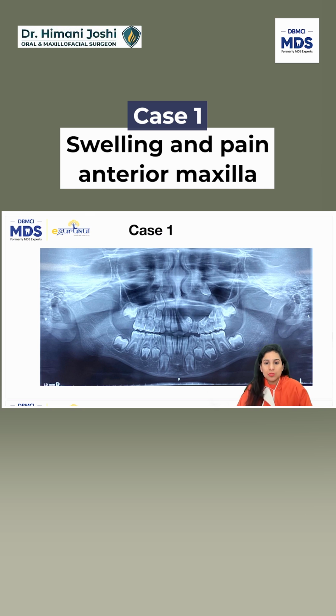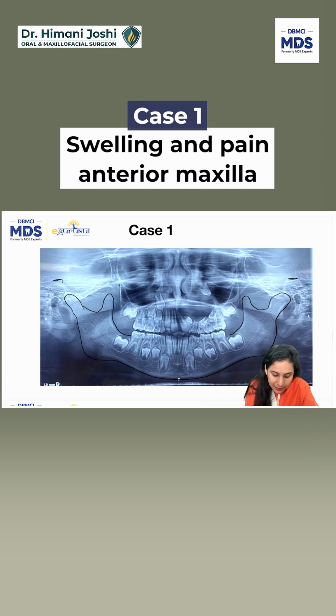Now, of course, it's an 8-year-old child, so there has to be a mixed dentition. It's a small child, so you can see that the ears are also there in the OPG. It is there in that trough in which the x-ray is taken. And if I see the mandible, so that is how you see an OPG. You start tracing. So you trace the mandible. This looks okay. Everything is normal. Condyles are okay. Coronoids are okay. Teeth according to the age are okay. So the mandible is okay. And anyways, our deformity is in the maxilla.